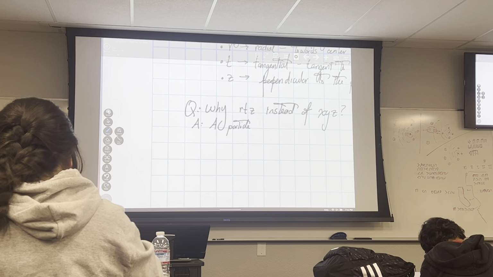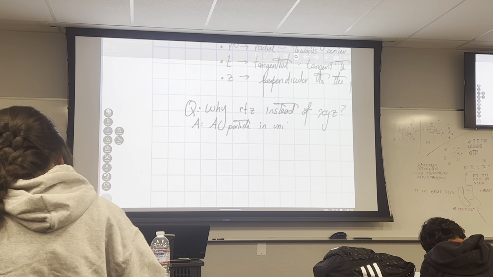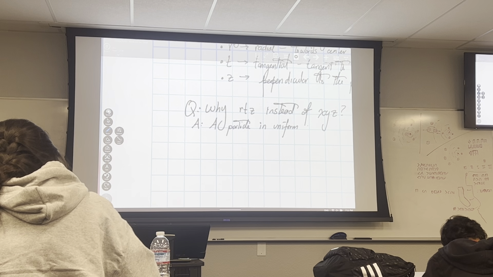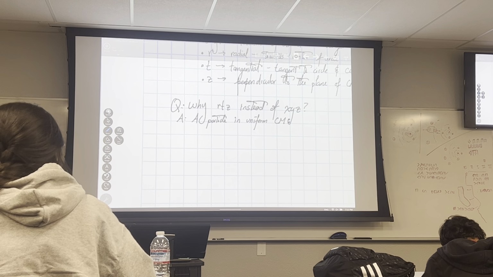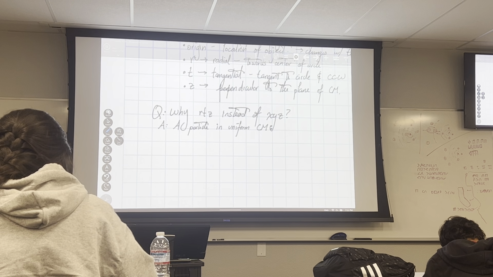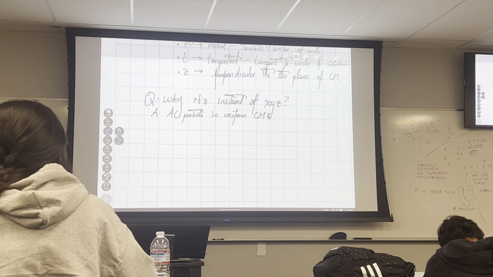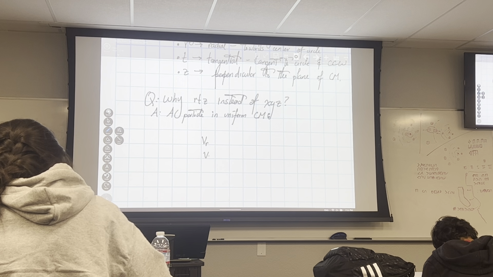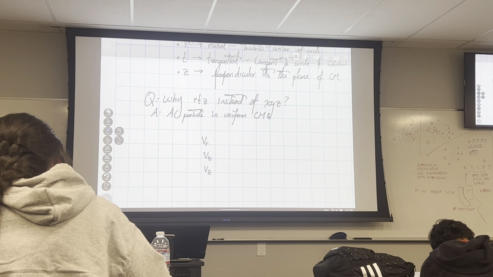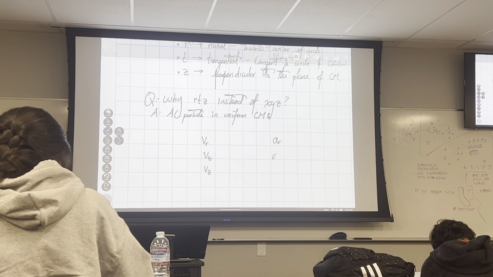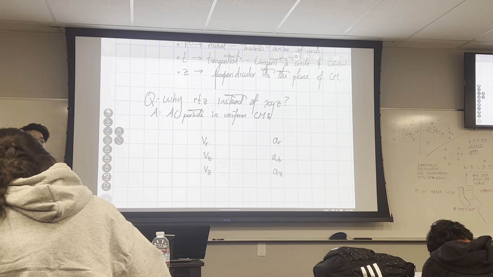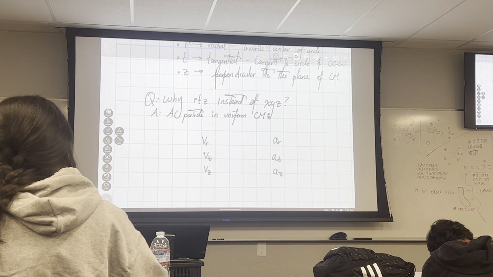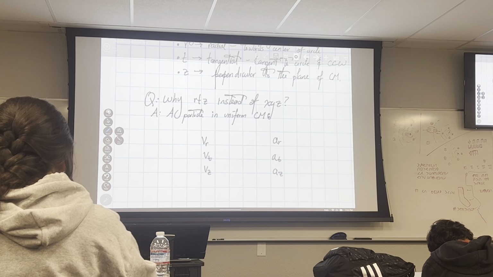A particle in uniform circular motion has the following velocities as well as acceleration. So we can have a velocity in all the different directions, VR, VT, VZ. There's also acceleration in all different directions, AR, AT, and AZ. If we use the RTZ coordinate system,